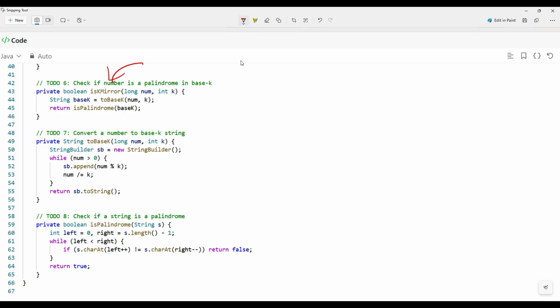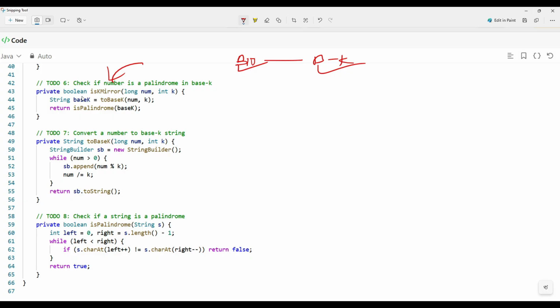We have seen base 10, and also base k, like we have seen base 2, right? If the number is a palindrome in both number systems,